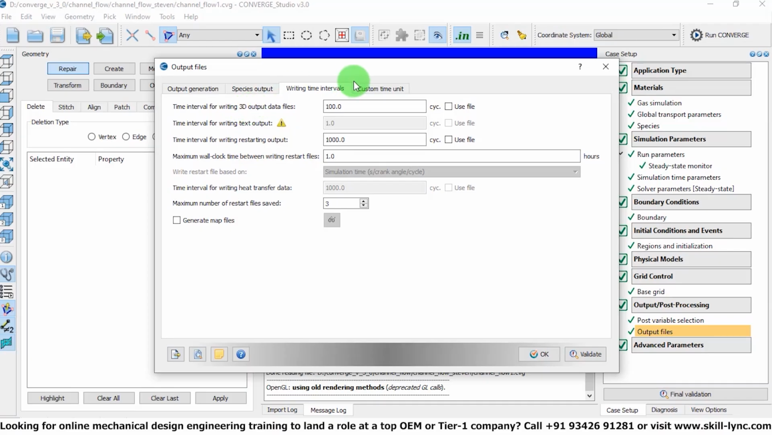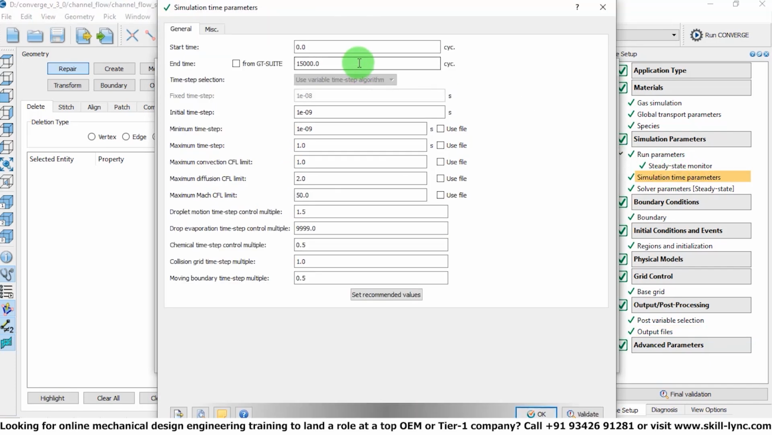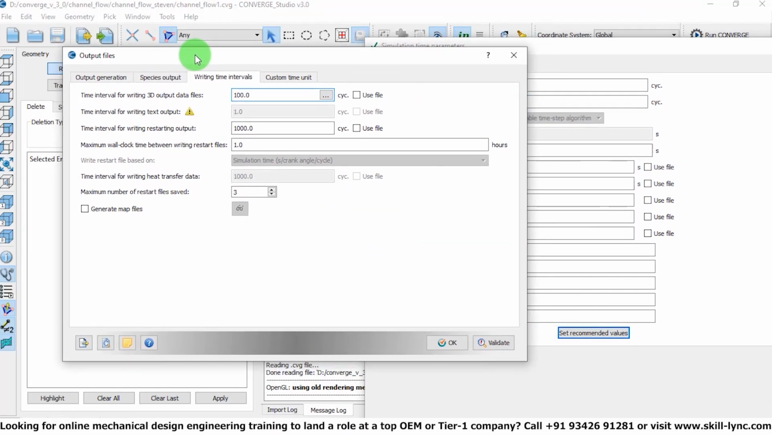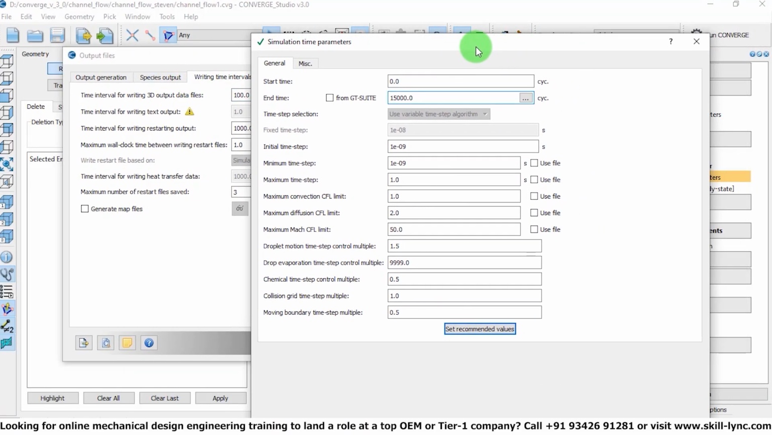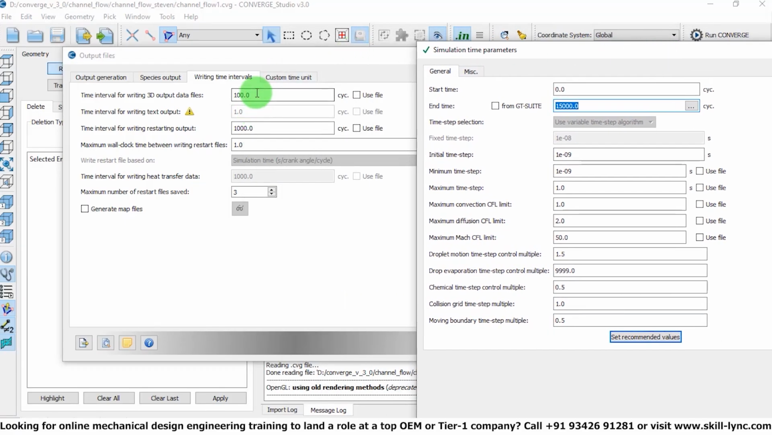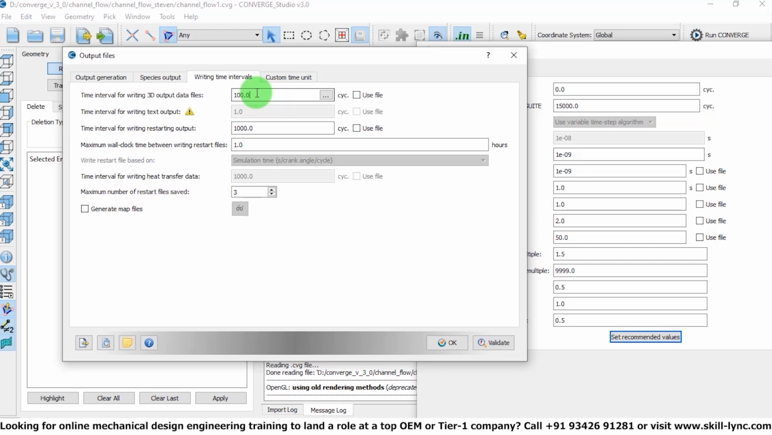Don't get confused with this 100. Let's say your simulation time parameter is 15,000 cycles, correct? If I want 100 output files and I have 15,000 as the end time, in how many cycles should one output file be generated? It should be 15,000 divided by 100, which is nothing but 150, correct? So here your answer should be 150 if you want 100 3D output files, correct? And this time interval for writing text output, this for steady state